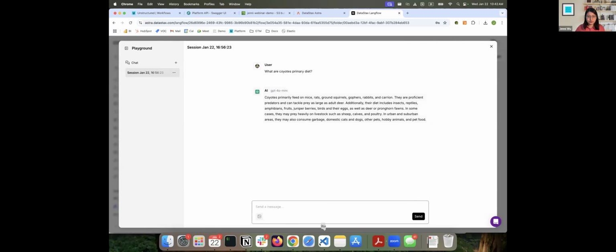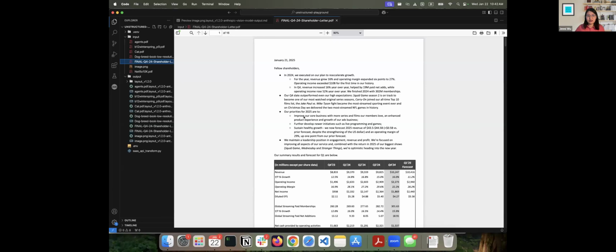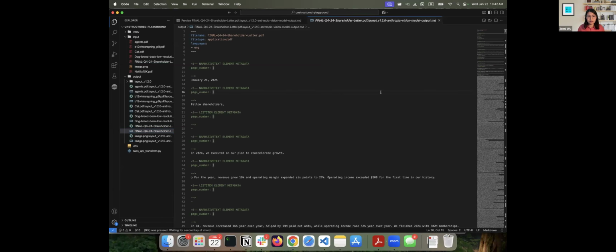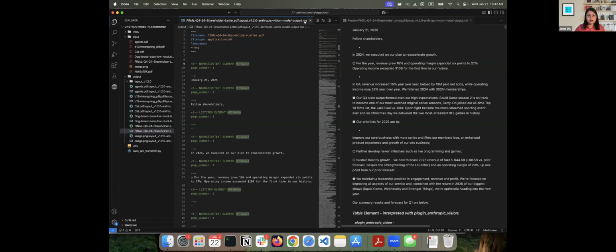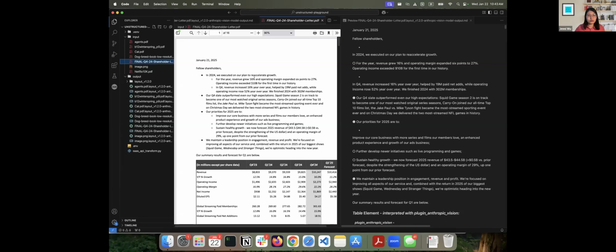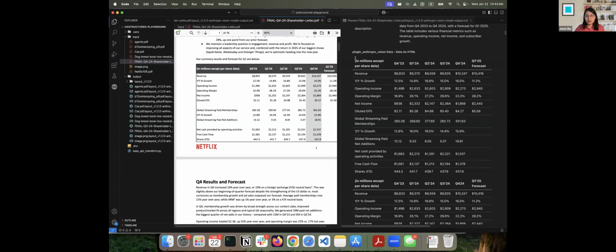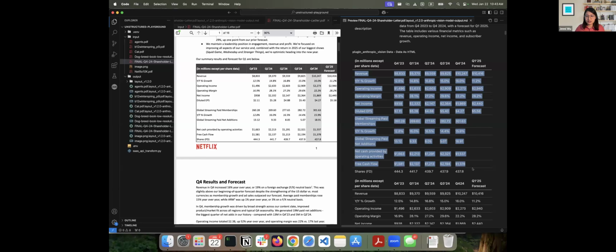This is word for word being pulled from the text that we had extracted from the PDF and then written to the vector database. And then again, if I wanted to ask questions about the Netflix shareholders letter, let's take a look at what the transform output looks like. So let me just close this markdown here and then open up our shareholders letter, right? It's pulling out information about 2024 projected growth. And I have a table right here. What does the table look like? Let's just scroll down right here. In millions, etc. So it's correctly identifying table headers. And then same thing with all of the information that's part of that table.